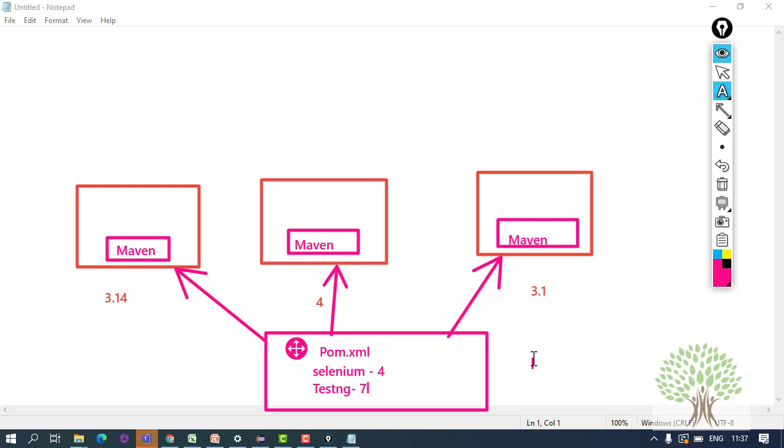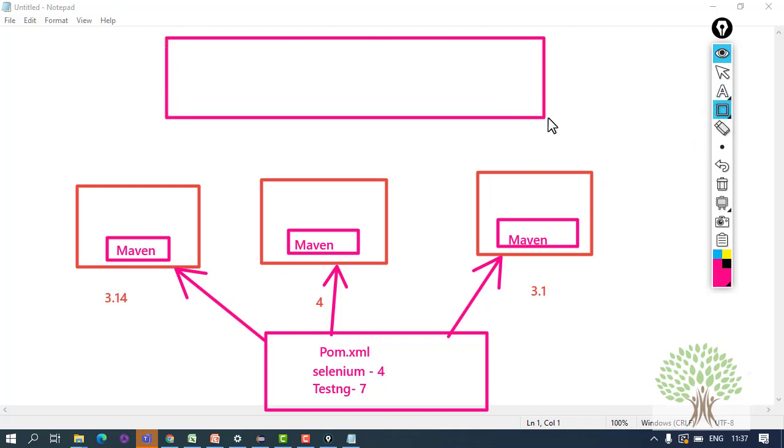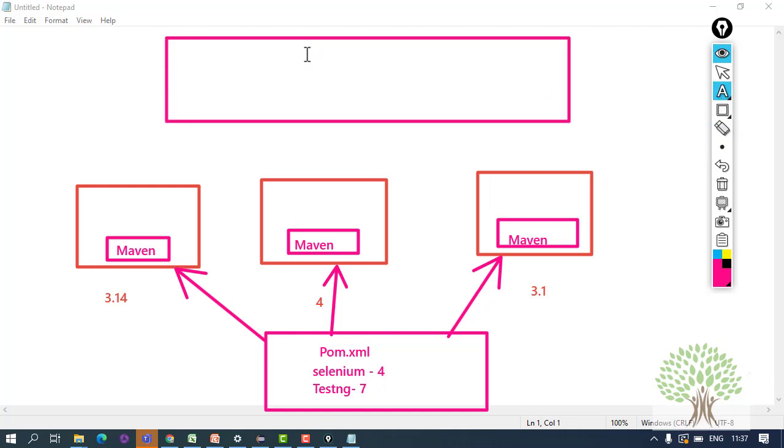So these team members have Maven. Maven will read this XML file, and Maven will connect to central Maven repositories. There are Maven repositories on the internet, and Maven will connect to these repositories and download the jars in your Eclipse project automatically. You don't have to download the jars the way I did right now. Maven will just read this pom.xml. You need to specify in pom.xml that I'm going to use this version of jar file, or I need this version of jar file. Maven will connect to central repositories and it will automatically download the jars.